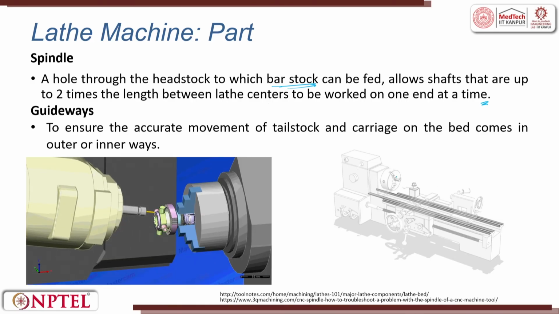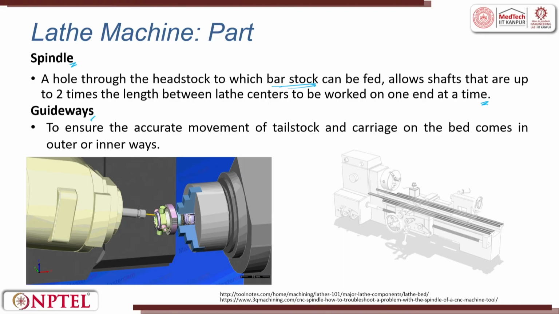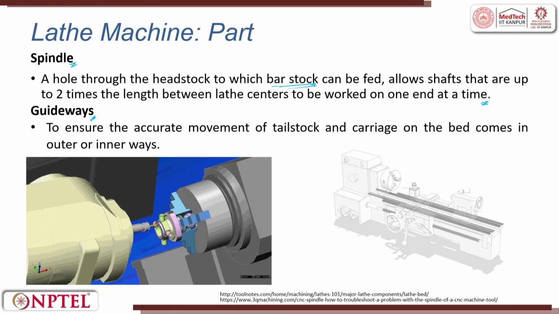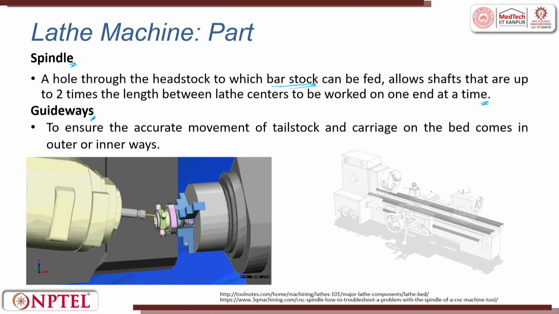Right. So, this is called the spindle. The spindle is a hollow spindle. When I say hollow, there can be material coming from here. Here you will have a spindle. So, this center portion, this is a bar stock. When you want to do continuous operation, for example, bolts you want to make, then we use this bar stock. Nuts, bar stock, right.